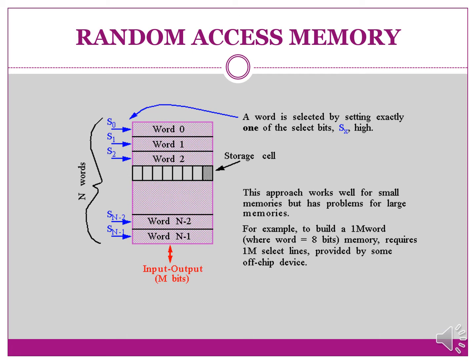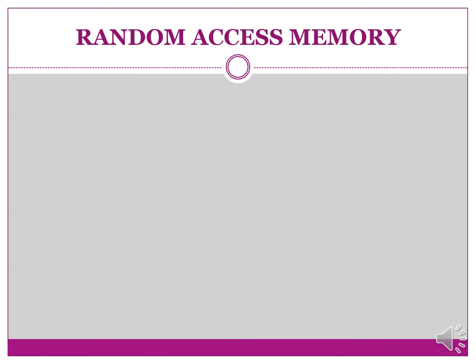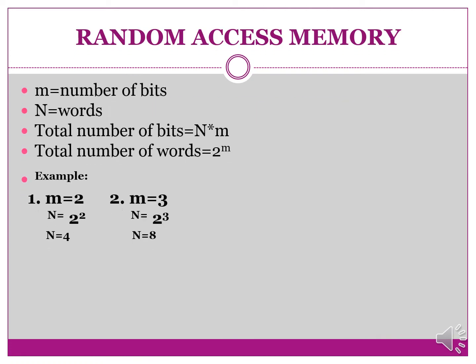In a random access memory, in total we have m bits for input and we are getting different words for selection of storage of a bit. So we start the words with word 0, 1, 2 and we are getting total n words for random access memory. The words here are indicated with m number of bits and total number of words, and the size of RAM memory is indicated as n multiplied by m. Total number of words we can find out by using 2 raised to m.